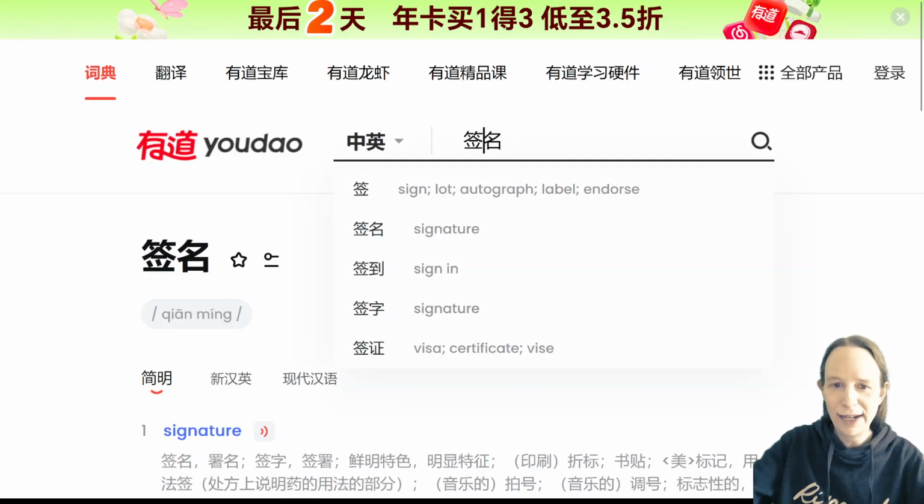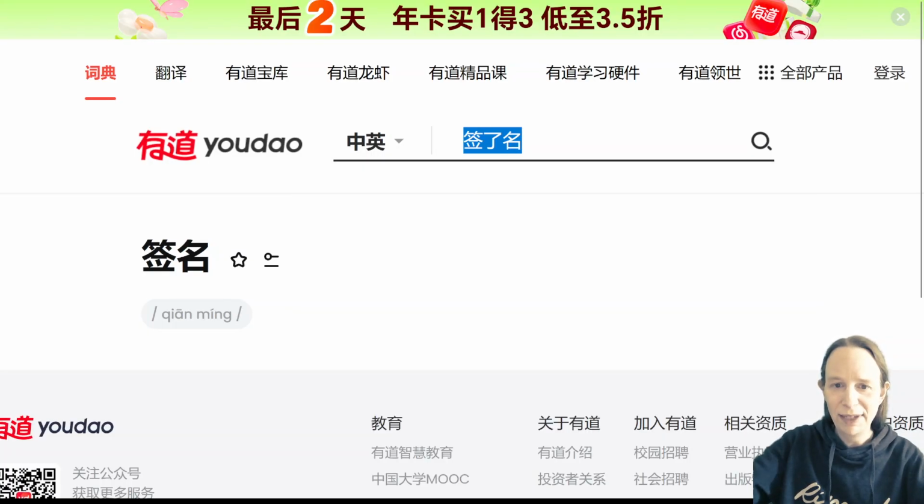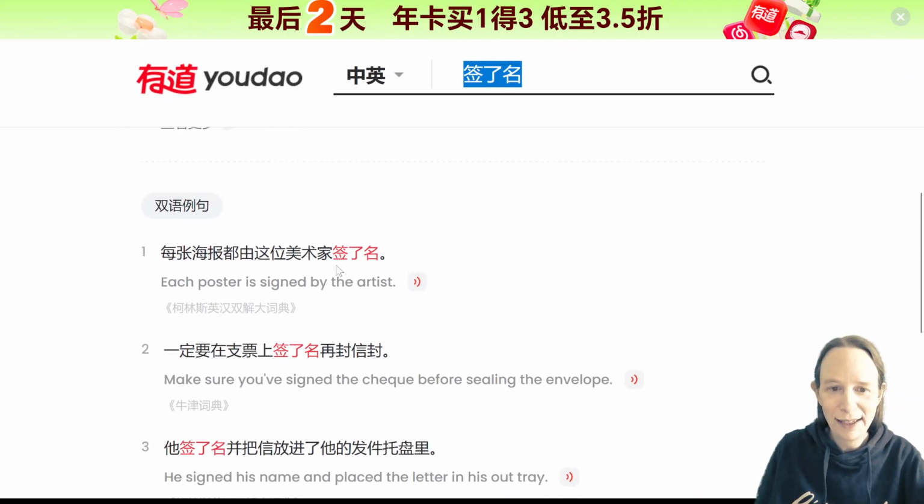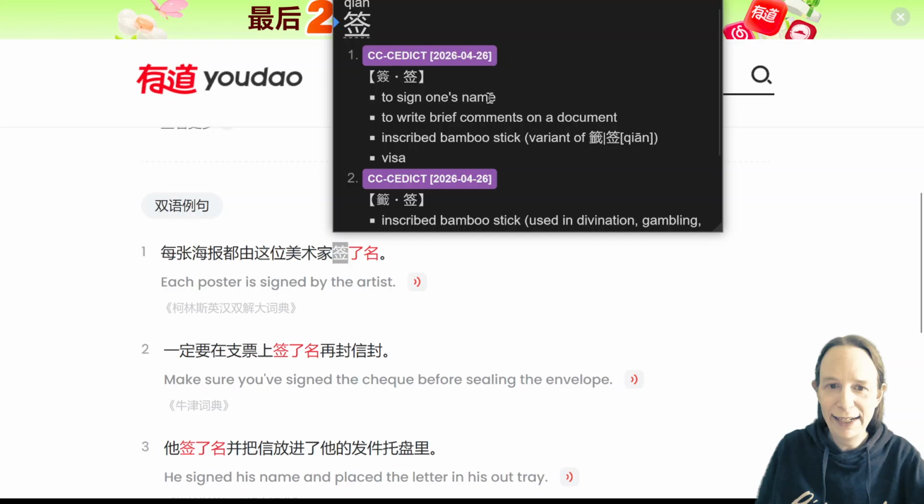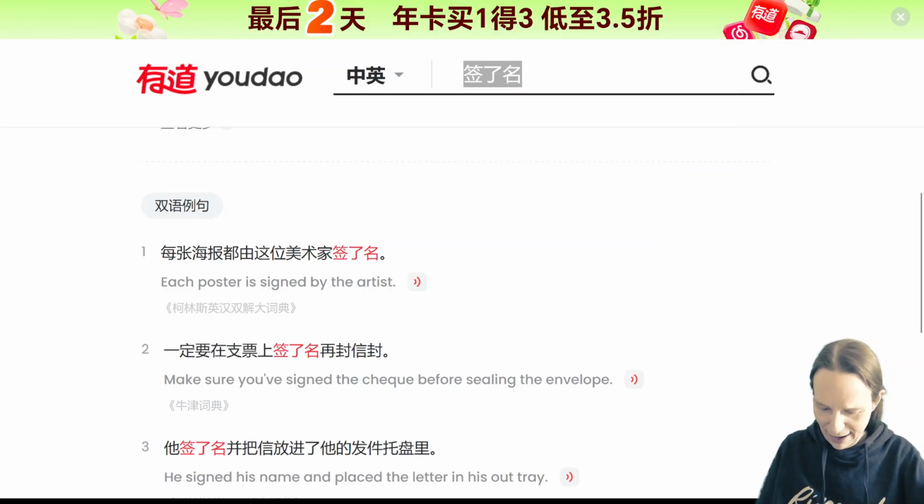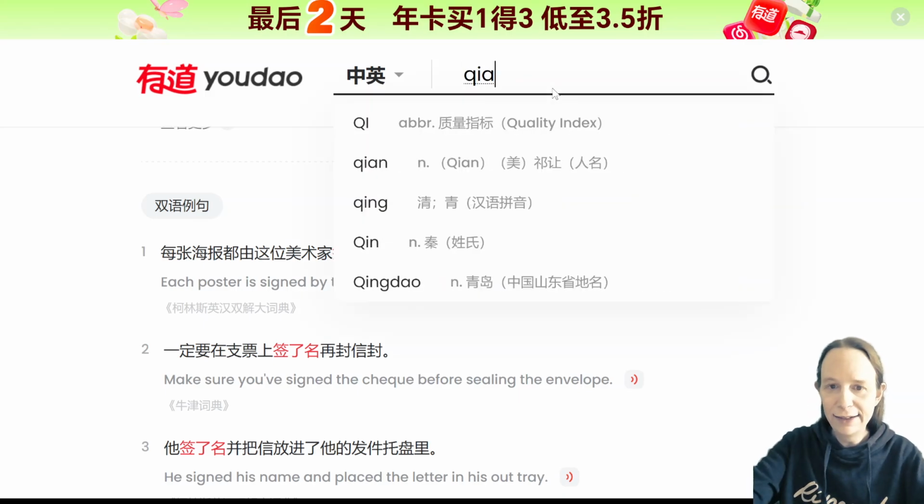Qianming is to sign your name. So qian le ming, right? Yeah, so qian can be a verb meaning to sign, as in to sign one's name. And qianzheng,